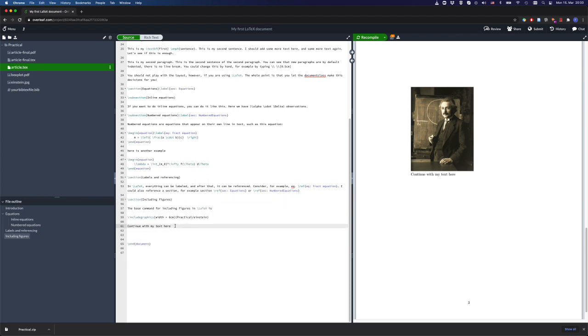immediately. So, however, you should not do this. You should float your figures so that they can be placed automatically by LaTeX like this. So what you write is